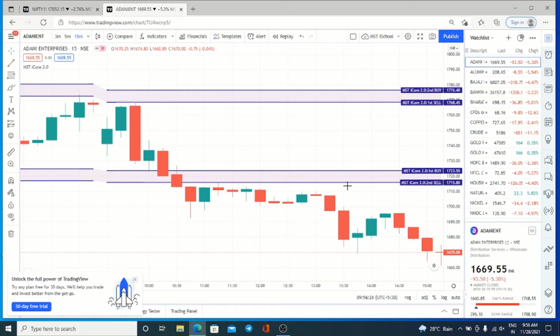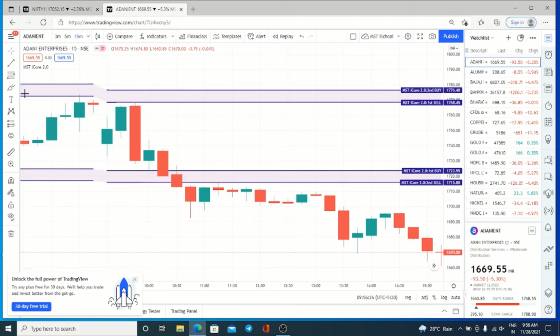In the advanced version, what we have is that we can find out the reversal. We can find out the reversal like weekly buy zone, weekly sell zone, monthly buy zone and monthly sell zone. But don't forget, for weekly buy zone and monthly buy zone also we have SL and targets, right? You should not forget it.